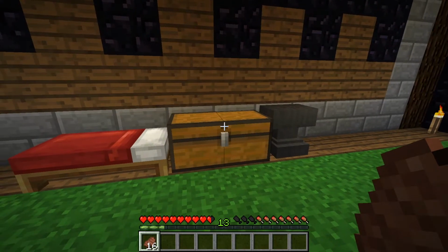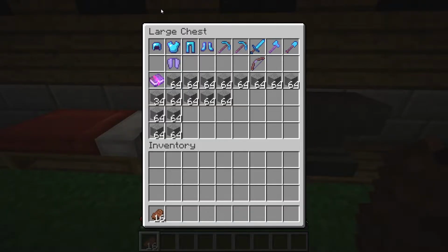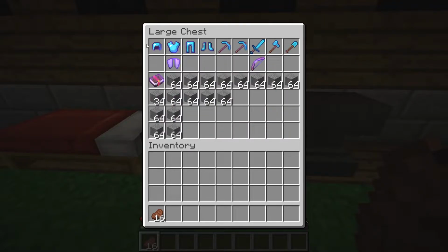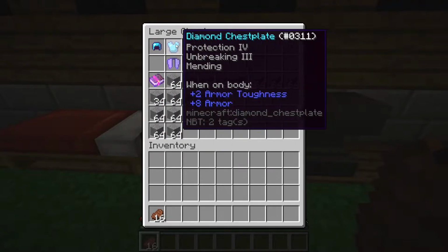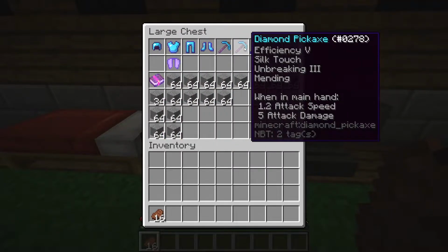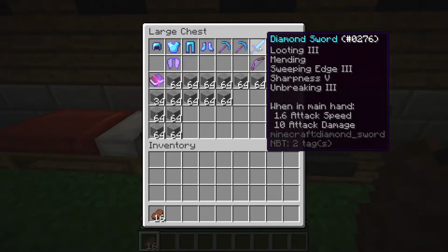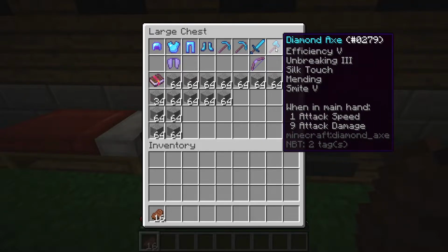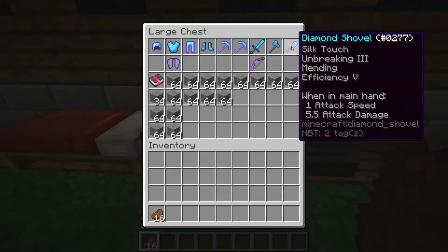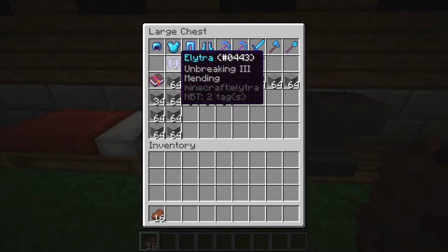And hours later, here's the mother lode. Oh yeah, this is all the stuff we're going to stack. We have the Efficiency 5 Breaking Through Mending book that we're going to stack. Perfect armor, or my style of perfect armor. Fortune pick, Efficiency 5, Fortune, Efficiency 5, Silk Touch. My preferred type of sword. Efficiency 5, Silk Touch, Smite 5, Axe, Silk Touch, Efficiency 5, Shovel, Infinity Mending Bow, and then our Elytra, and